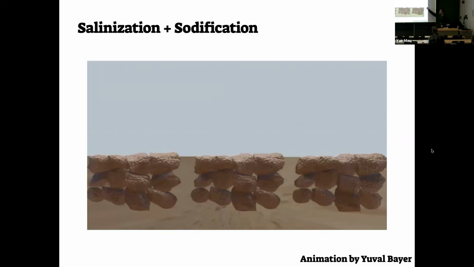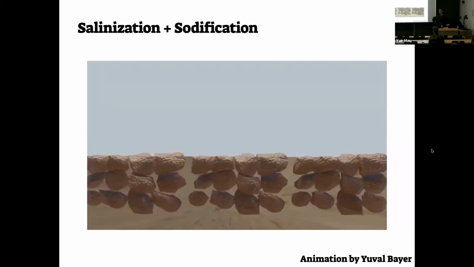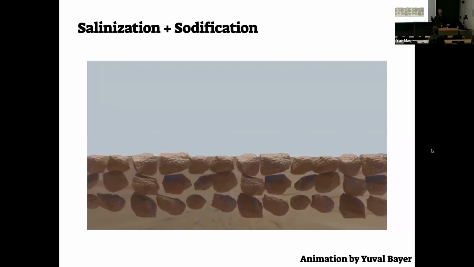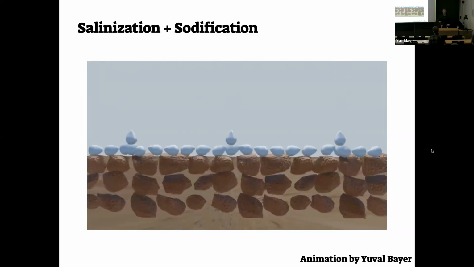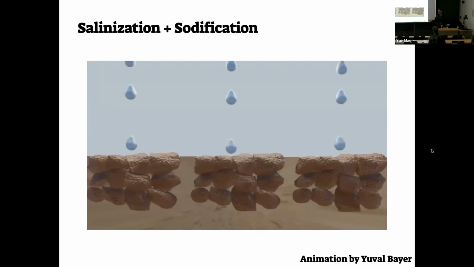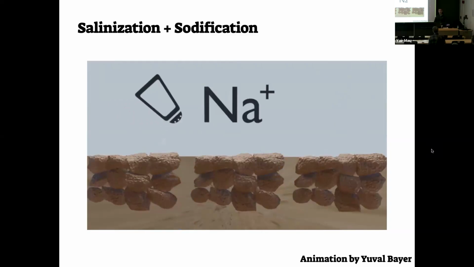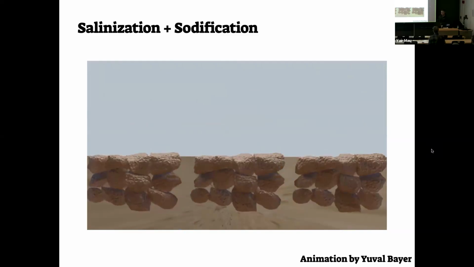Here specifically it is sodification, so I'm not talking about the total amount of salt in the soil. There are many kinds of salt. We can talk about calcium and sodium and potassium and magnesium. Those are the major ones. Specifically, sodium is very common, and it causes the soil to expand and become more impermeable to the flow of water, and that's a big danger. So this would be the structural changes in the soil.